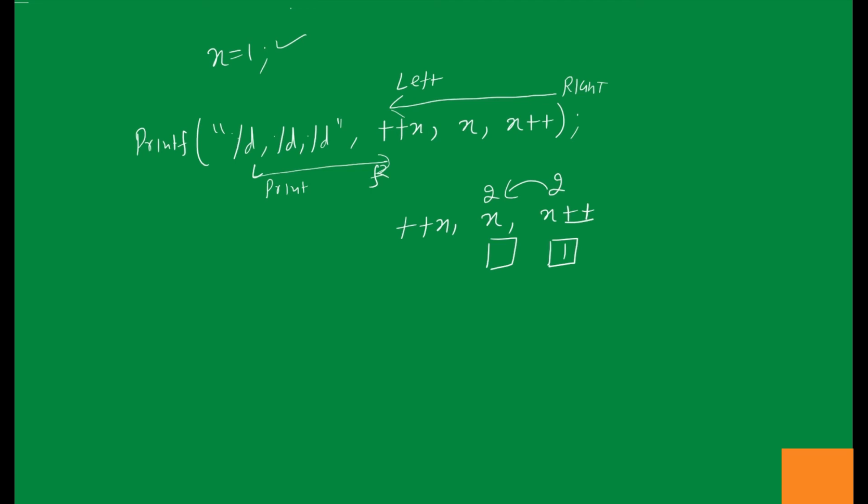So here now we have plus plus x, right? So we are going to increment it, and then we are going to assign it. It becomes 3. So we are left with this. So what is in the x? It is 3. So it will get 3. So now this is the order, or this is the value of expression. So in the printf statement, the printing will go from left to right. So it will produce 3, 3 and 1.